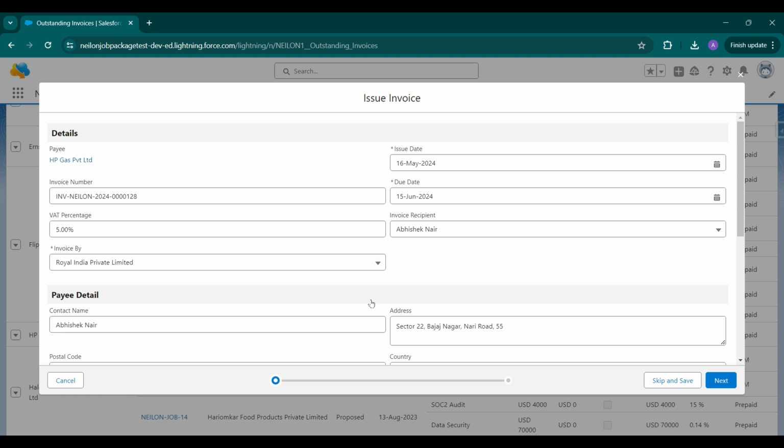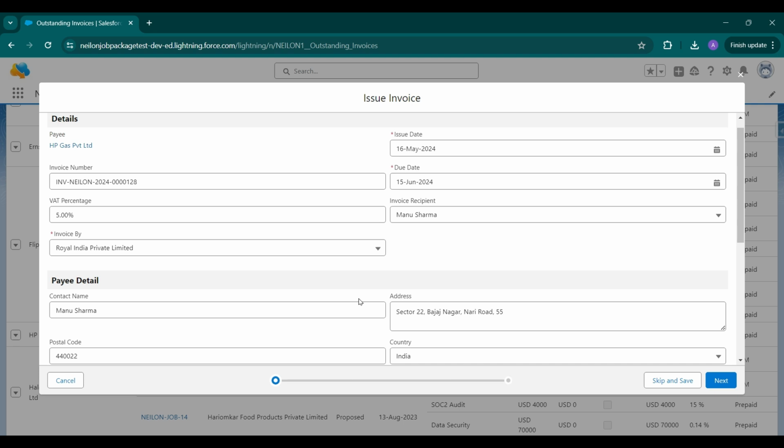In Invoice By, it will show a list of all bank accounts for the payment. Select the bank account which is applicable for the payee. By default, it will auto-select the bank account which admin set as default Invoice By. In the invoice recipient, it will show the payee contact which was selected in invoice recipient of account details of payee. You can change it if you want, and pay details will be changed according to the newly selected contact in invoice recipient.